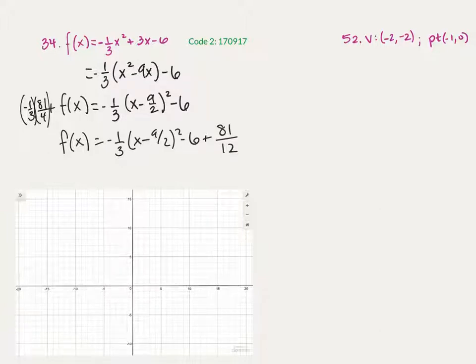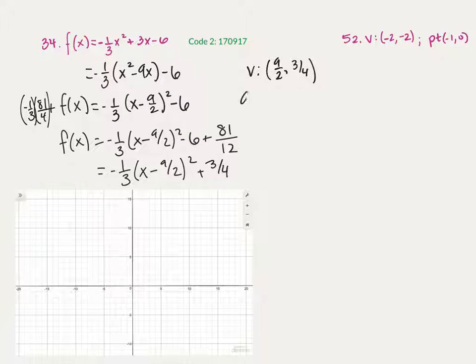So this simplifies to negative 1/3 x minus 9/2 quantity squared plus 3/4. So my vertex here is going to be 9/2, 3/4. My axis is going to be x equals 9/2. And then my x-intercepts